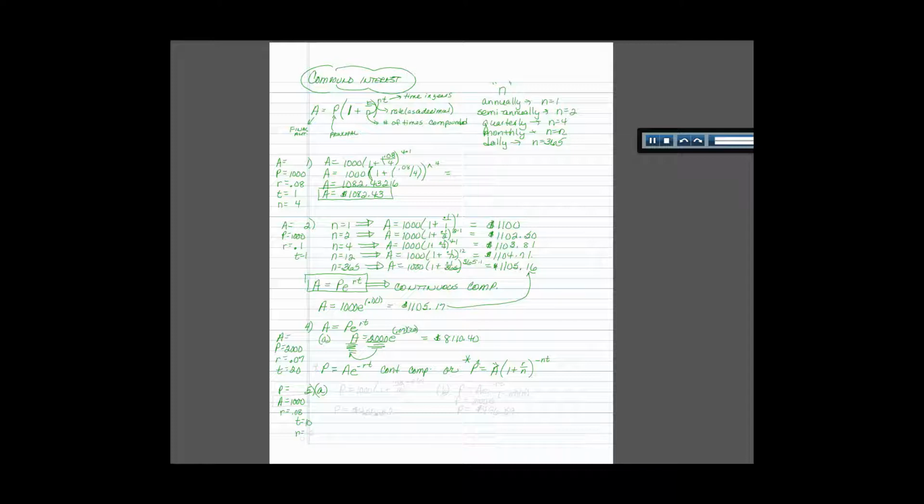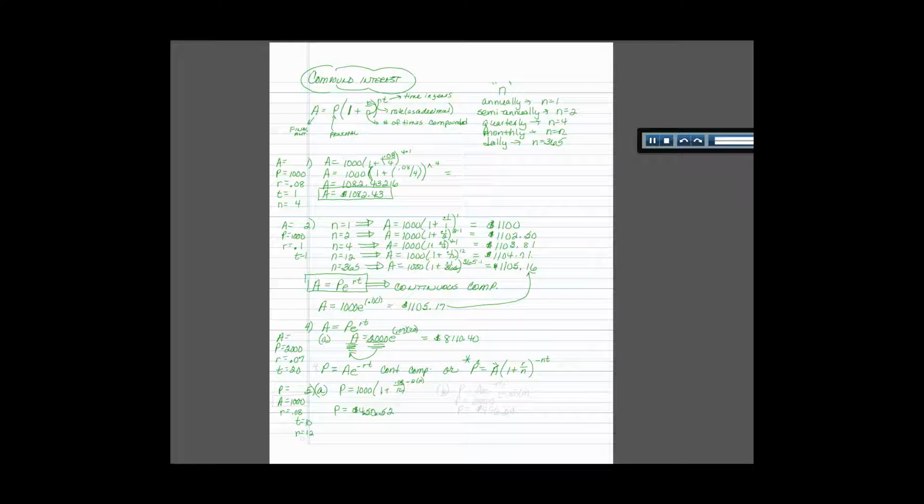And n, it says compounded monthly, so n is 12. So we're going to plug that into that formula. P equals 1,000 times (1 plus 0.08 over 12) raised to the negative 12 times 10. Put that in your calculator and you're going to get that P is equal to